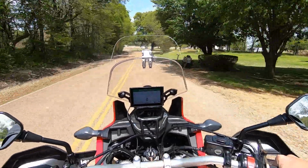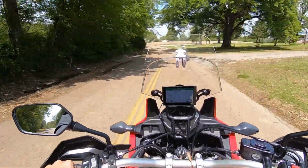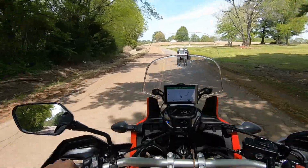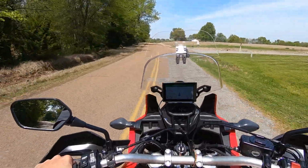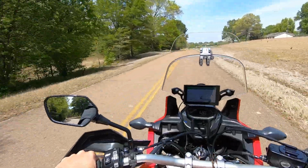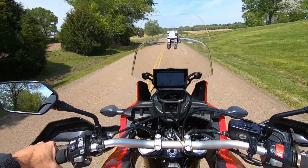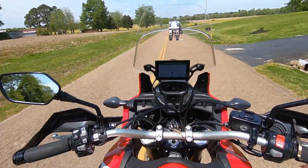It actually works pretty good. It saved me in some corners, hitting some gravel or whatever. It'll do its thing. So yeah, I really like the traction control. It does good,